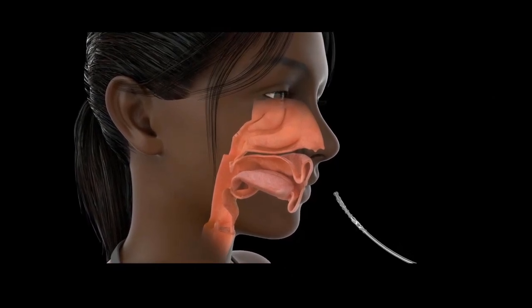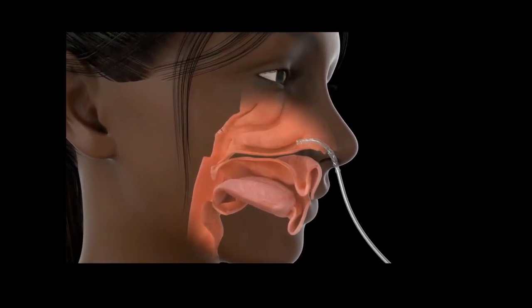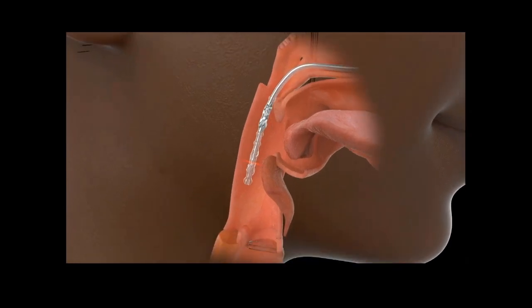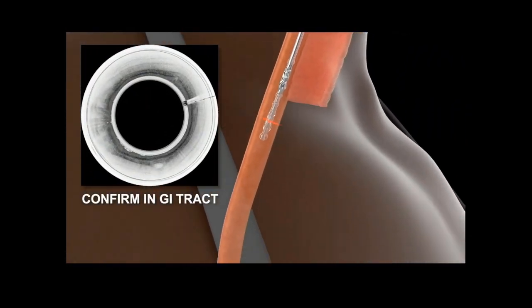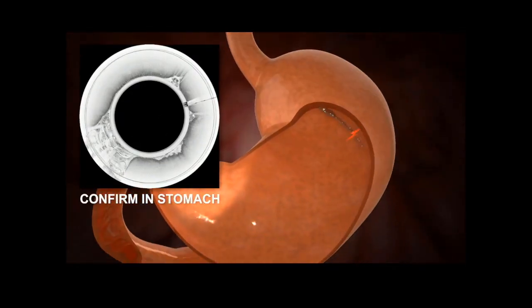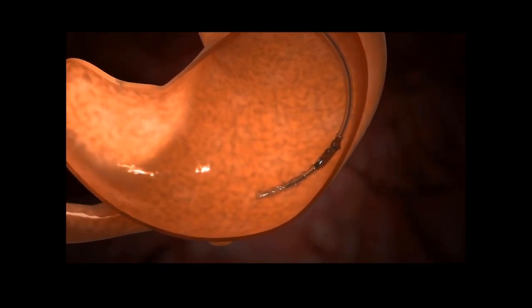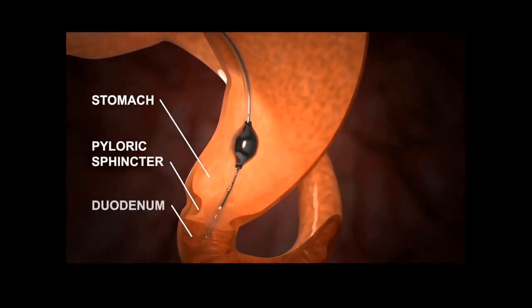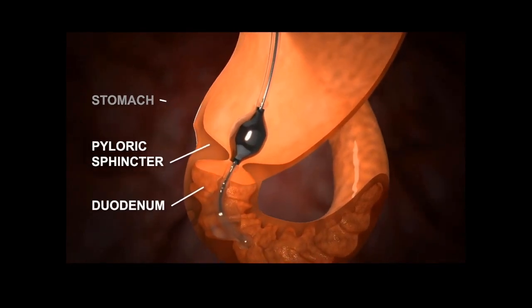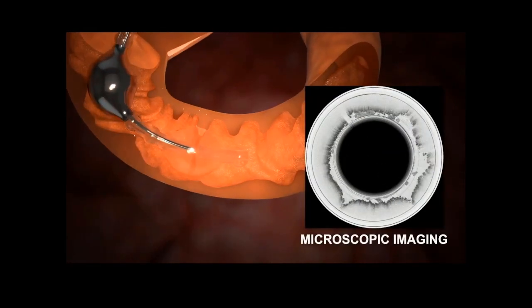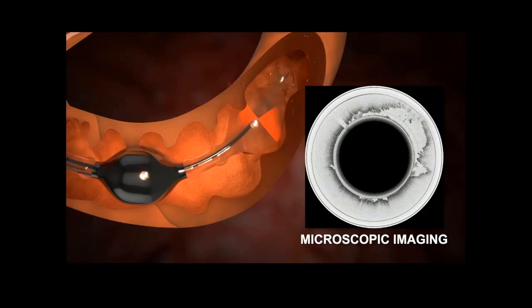And we're using it in pregnant women and infants in Pakistan right now. So the tube is a 2-millimeter tube. It has a balloon on it. And you can do OCT imaging to confirm where you are in the gastrointestinal tract. And once you're in the stomach, you inflate one of the balloons with a liquid metal called Galinstan, and that gives the weight that you need to allow the device to transit from the stomach into the small intestine. So it's similar to the weight we put in the capsule, but this is a liquid that we inject. And then you can do your microscopic imaging of the duodenum, as I had shown you before,